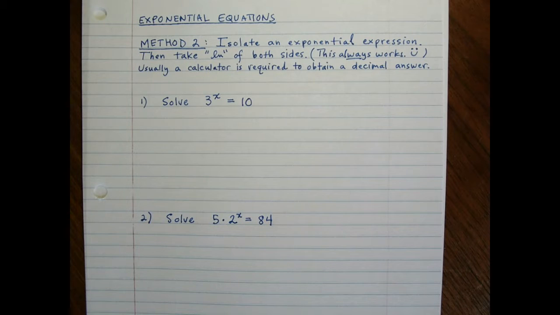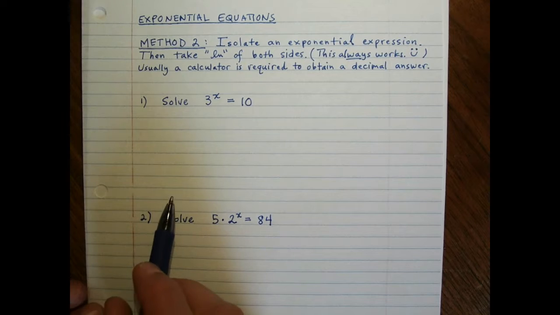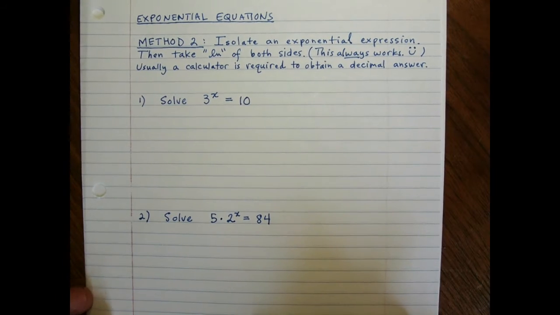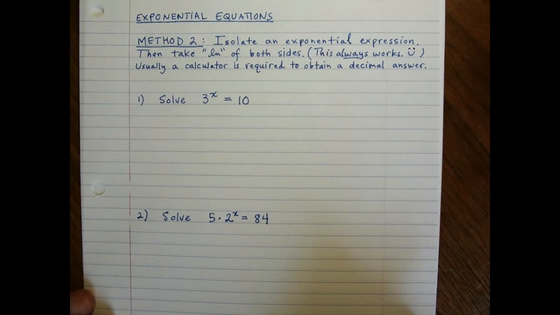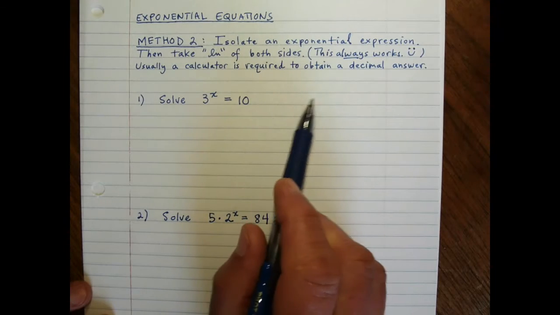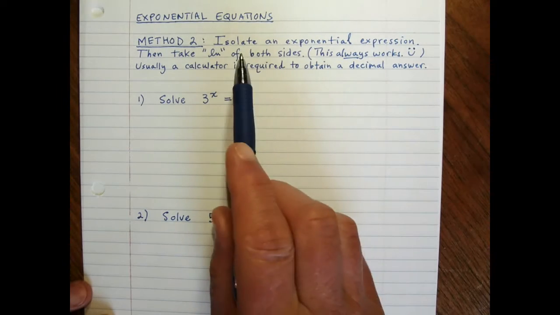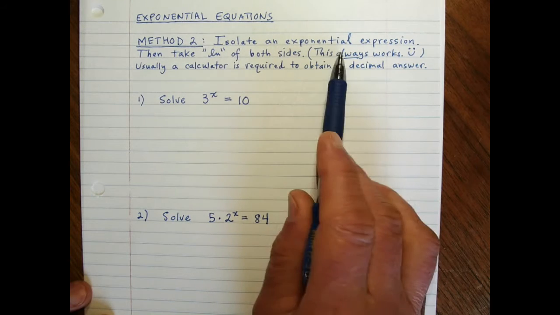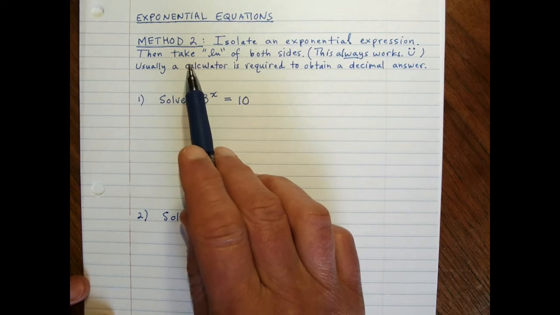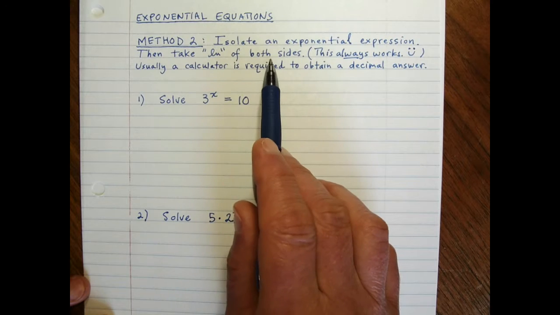So this is the second part of our lecture on solving exponential equations, and we're going to start working with the second method for solving. And the second method I feel is much more important than the first and much more useful. In method 2, we're going to isolate an exponential expression, and then we're going to take ln of both sides